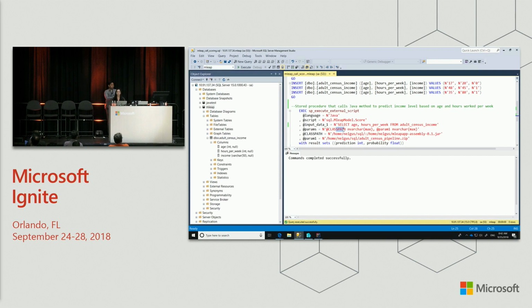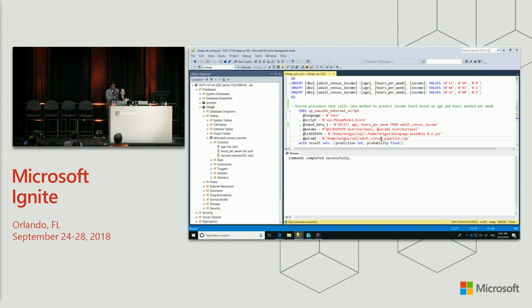You also do that for your Java home, by the way. You need to declare that on Windows, definitely. So this runs both on Windows and Linux. And then I'm pointing to my jar file where I have everything. Now in the mleap case, I need the mleap runtime as well. So I've bundled everything, like the runtime itself to score, and everything in a fat jar that I'm pointing to here. So let's execute this one